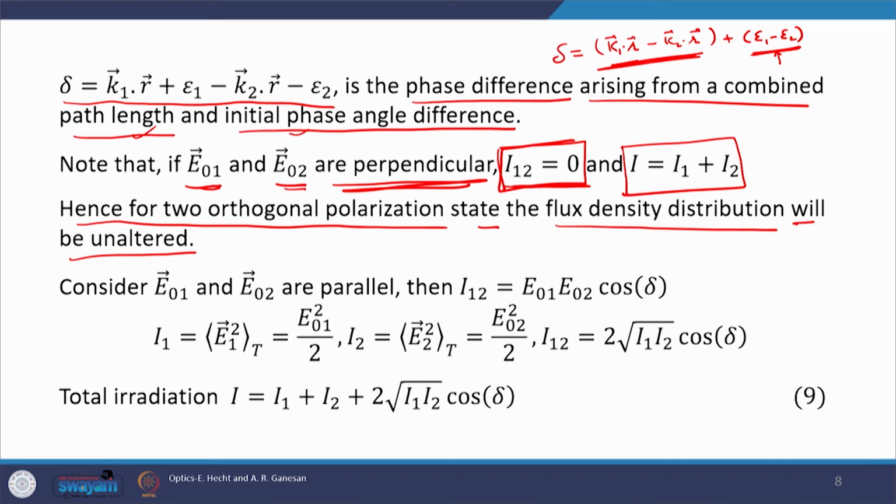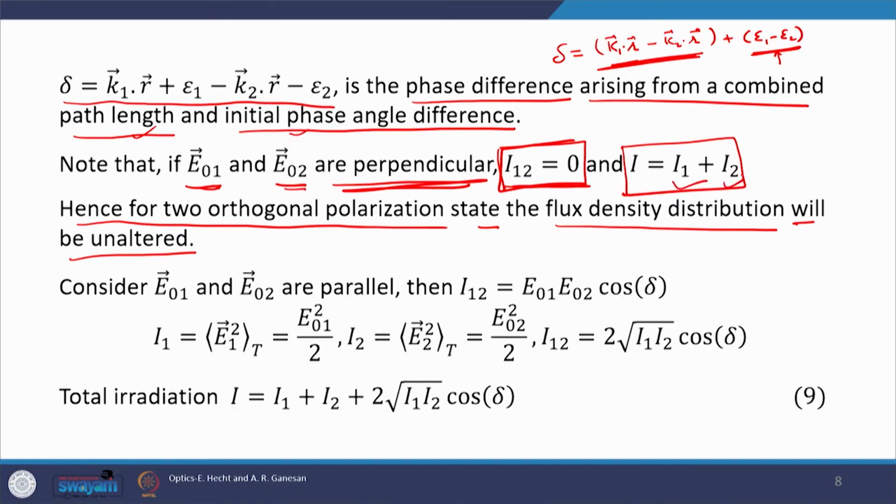There would not be any alteration at the observation plane. The intensity would be uniformly distributed on the screen. We will not be able to see any kind of fringe pattern, because the intensity which we are observing at